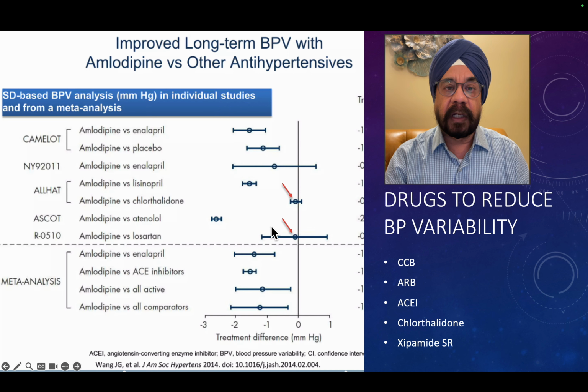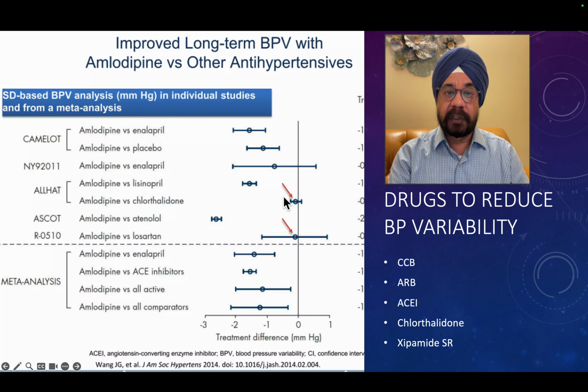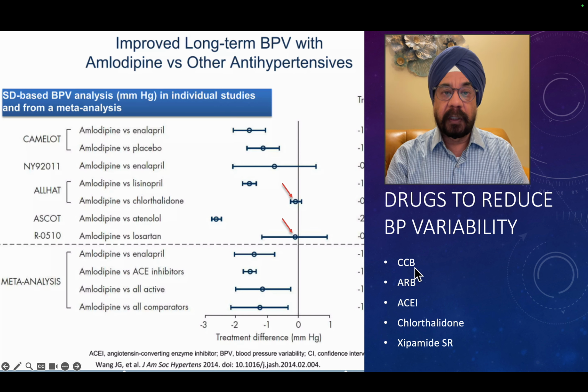So now what are the drugs which can have a BP variability reduction? Obviously, you have a longer acting amlodipine, you have longer acting ARBs. ACE inhibitors have a short life, should be given twice a day. Particularly, let's talk about ramipril. We have a common culture of giving ramipril once a day. The half life is shorter, it's about 8 hours, should be given twice a day.